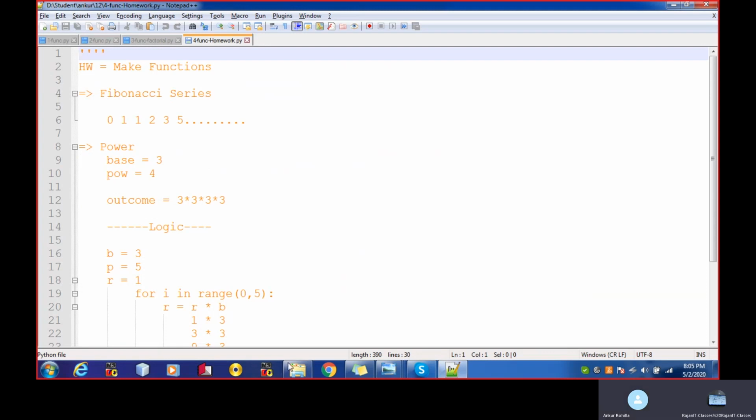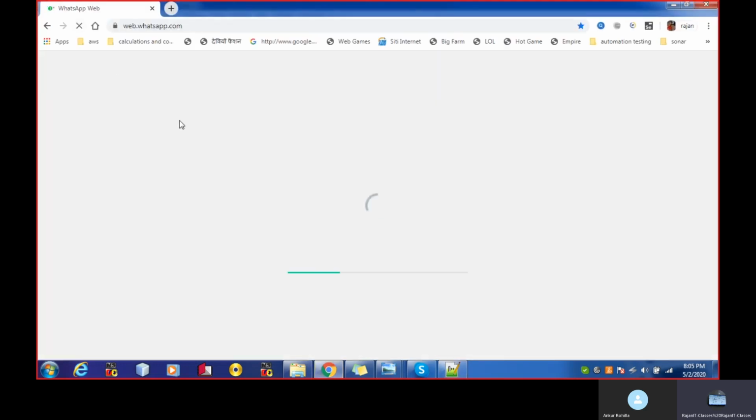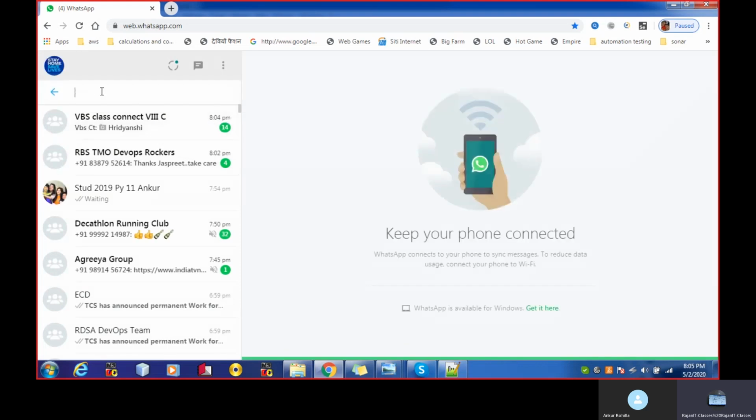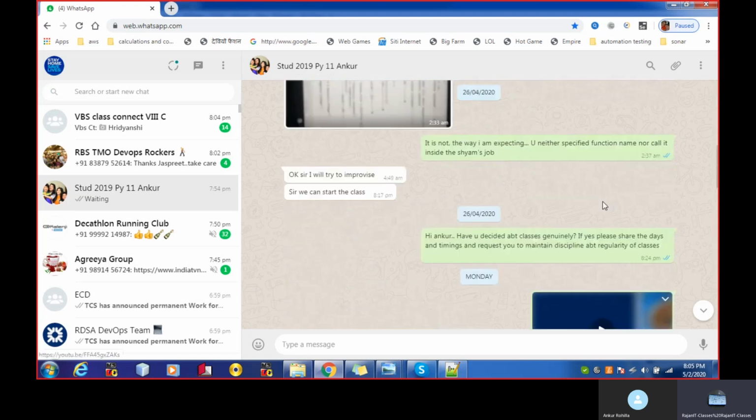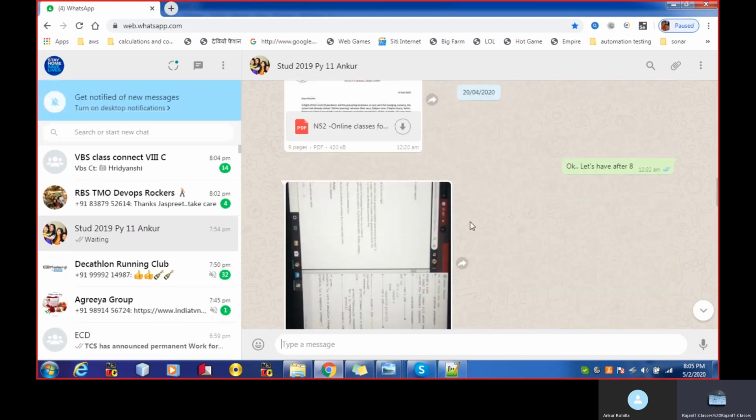Let me connect with my WhatsApp. Just a moment. I think you sent the screenshot over WhatsApp, right? Yes. So it's good. See, your latest messages, something like this part.